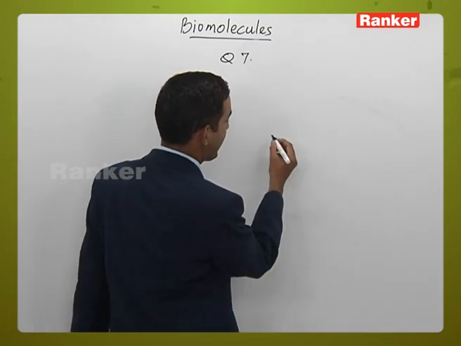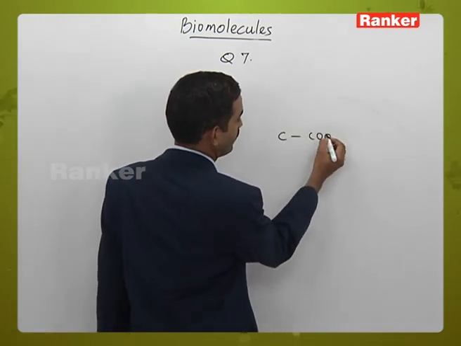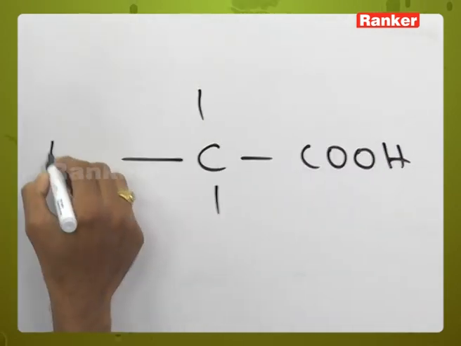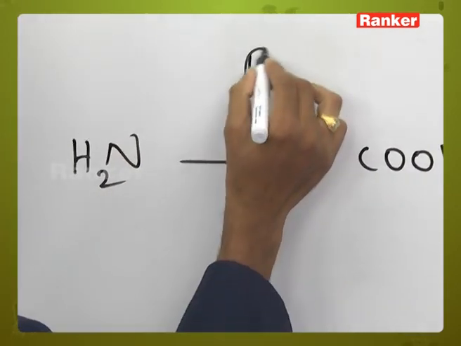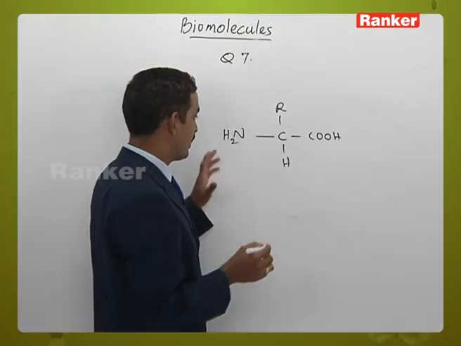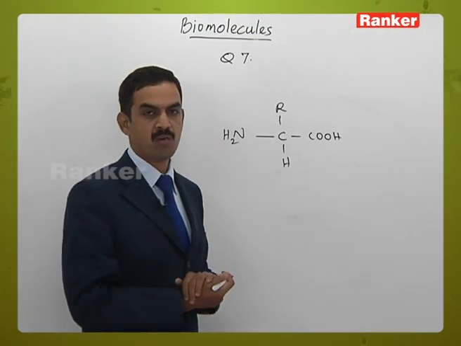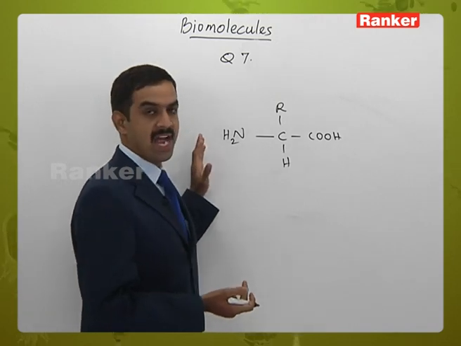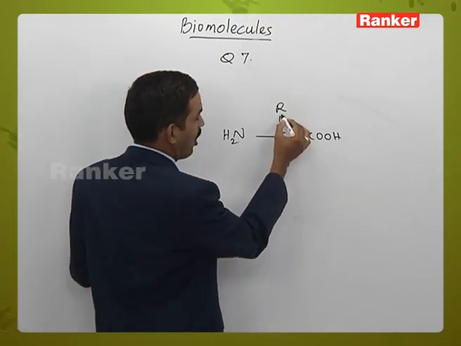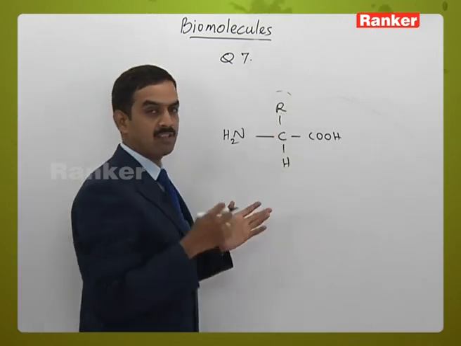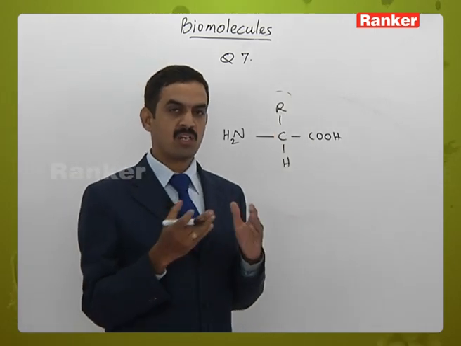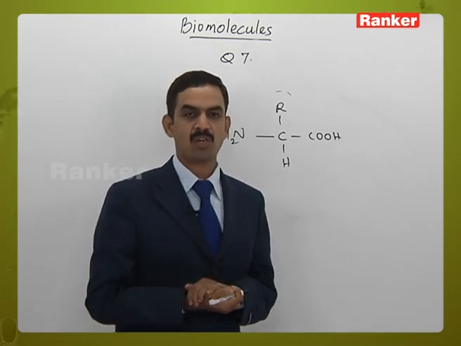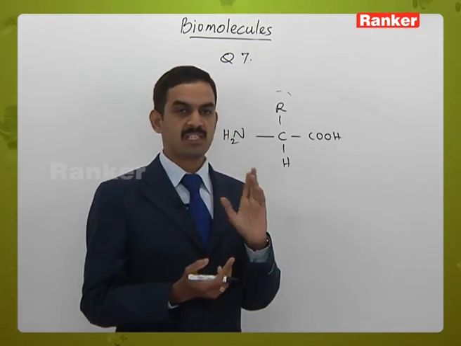Actually, if you take an amino acid, this is the molecular organization present in an amino acid, with an NH2 group, an alkyl group, and hydrogen. So this is the basic formula, or structure, of the amino acid. And here this R is an alkyl group which may be replaced by hydrogen as in the case of glycine, or it may be replaced by a methyl group in the case of alanine, or it may be the CH2OH group